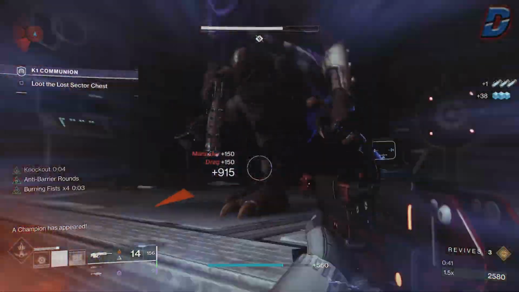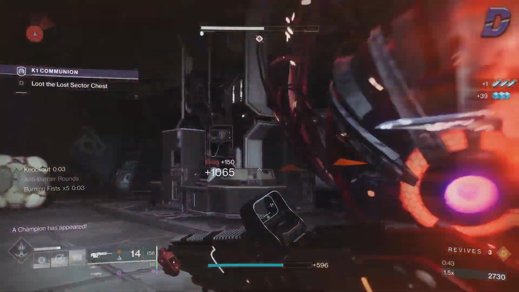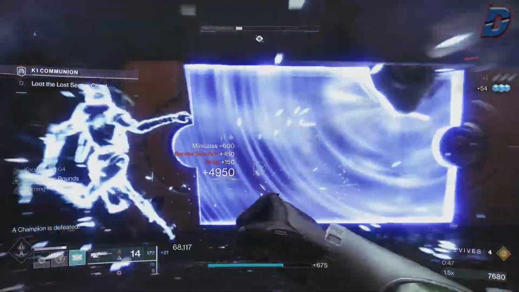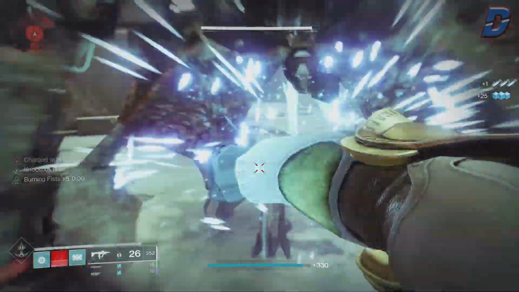Ignore your Thunder Crash. This new Titan arc build lets you melt champions and bosses with a few punches to the face, regardless of the activity. Of course, the easier the activity, the easier it'll be, but this build will give you crazy stacks and buffs